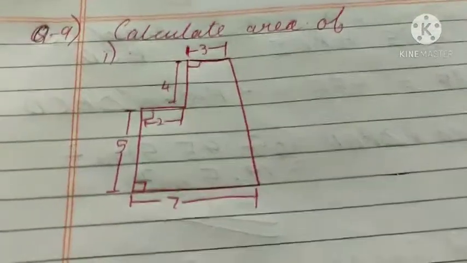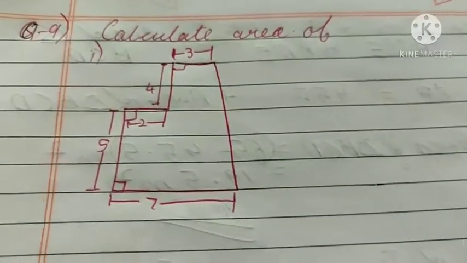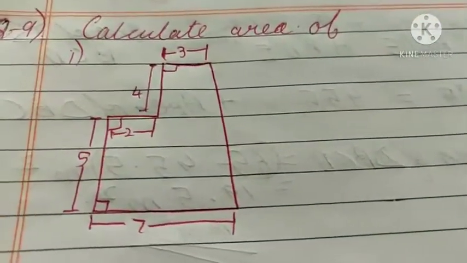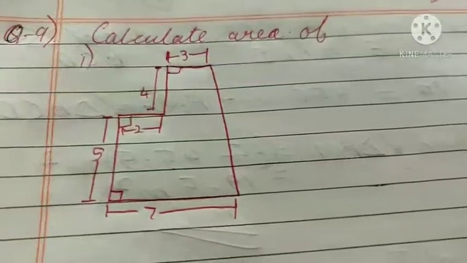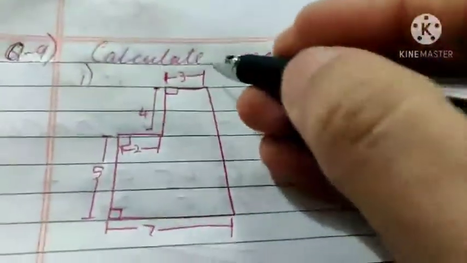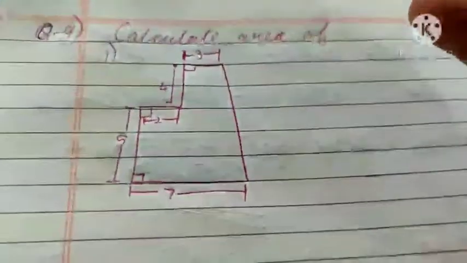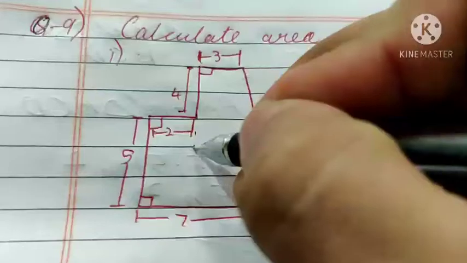Good morning, class. So this is our question that says you have to calculate the area of the given figure. First, we will divide the figure into subdivisions. Look, this is a random figure. We don't know what the formula for this is, or even what this structure is called. So what will you do? We will just construct a line here.